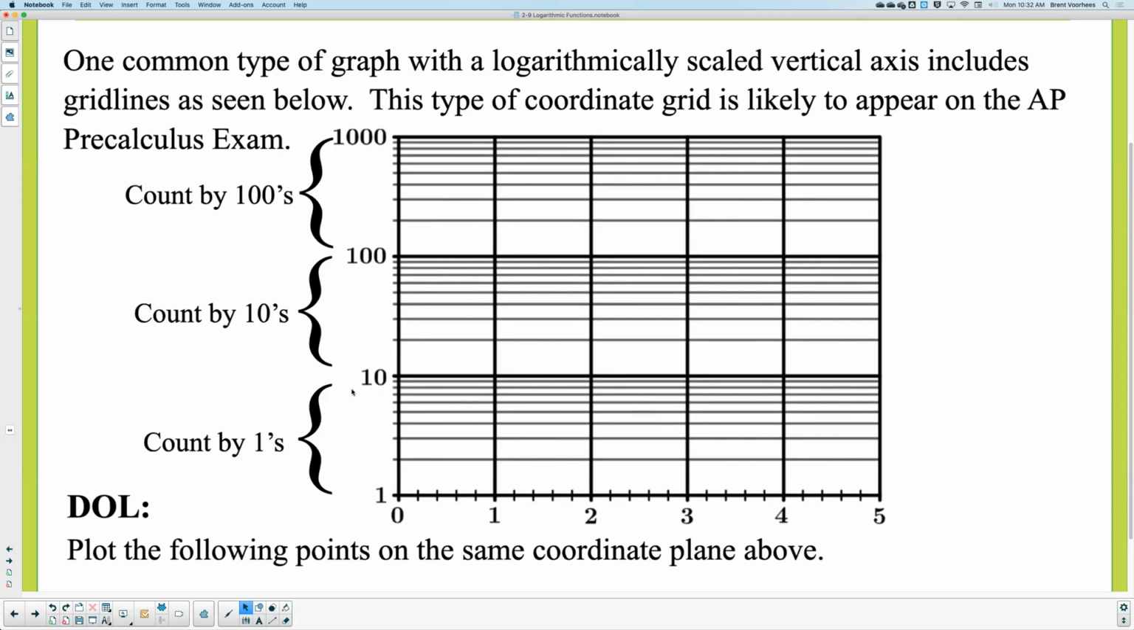But really how it's counting is like this. 10 is the same thing as 10 to what power? To 1. 100 is the same thing as 10 to the second. So really what I'm doing is I'm counting by powers. And 1,000 would be,